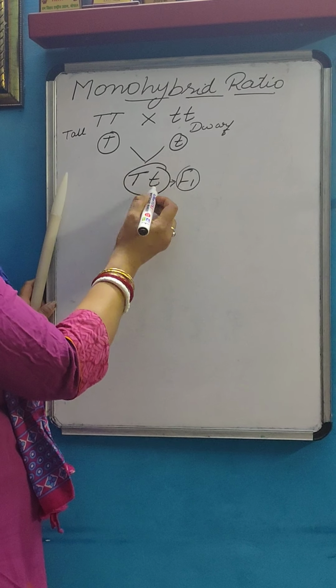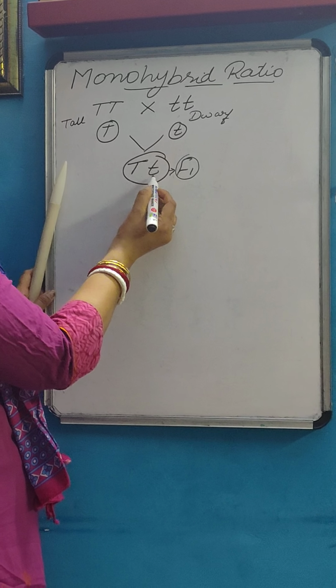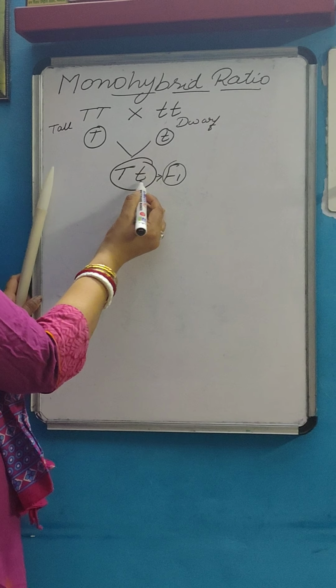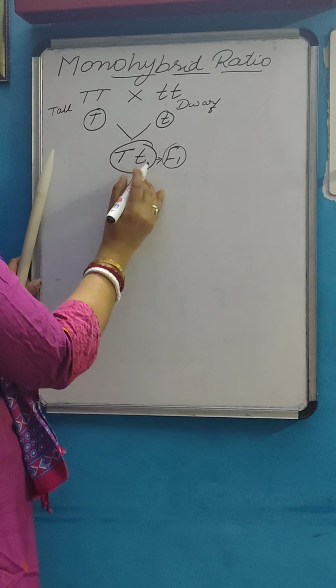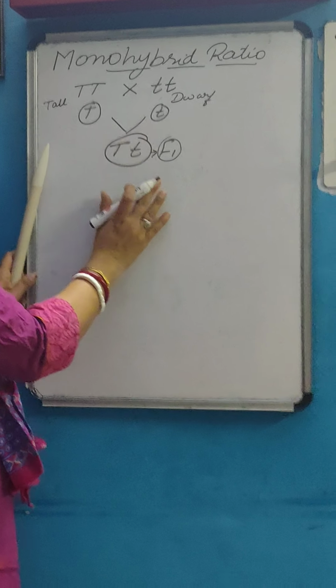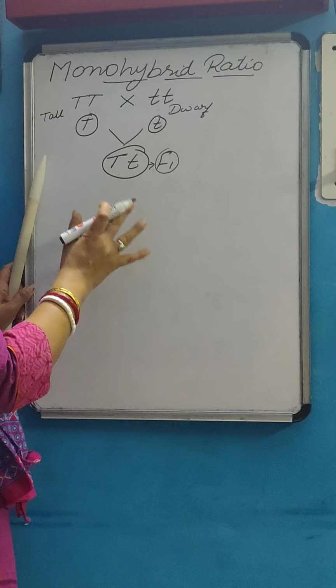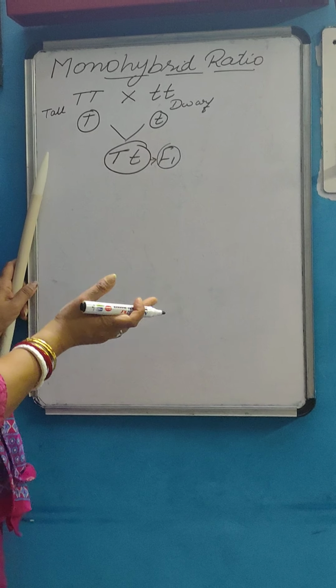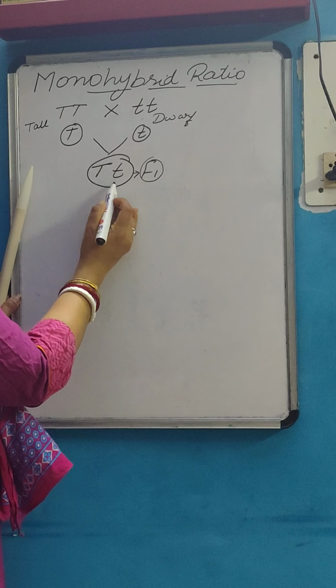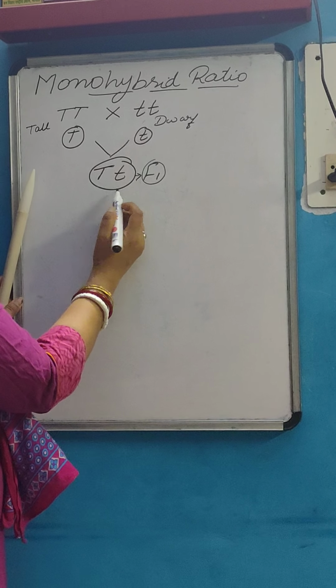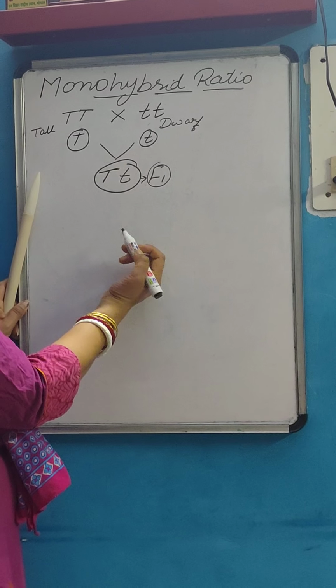That doesn't mean that this recessive character is merging. The recessive character is not mixing with the dominant character. That recessive character is existing, it has its existence, and it will show in the next generation. The dominant character is showing, that is why it shows. The recessive character is in the hidden form. It will show in the next generation.